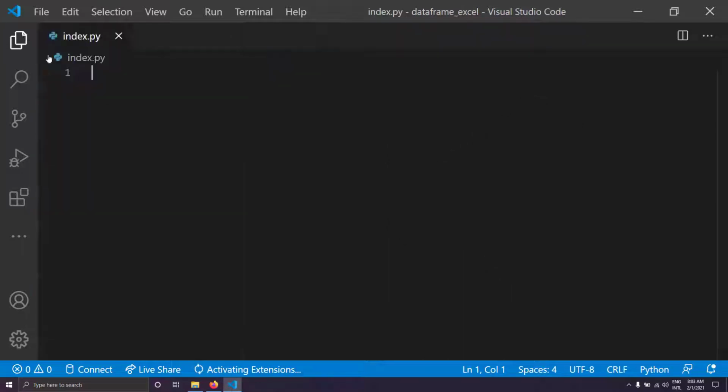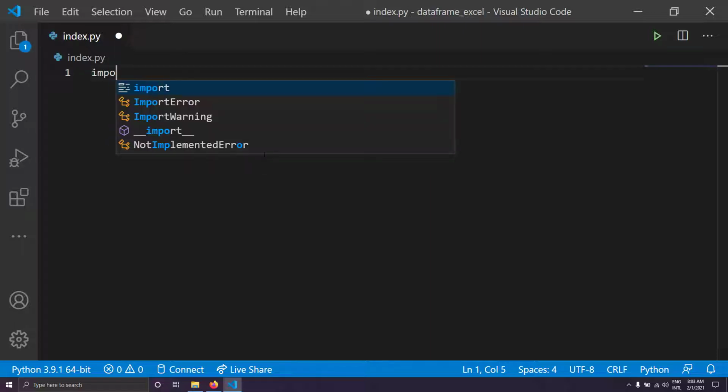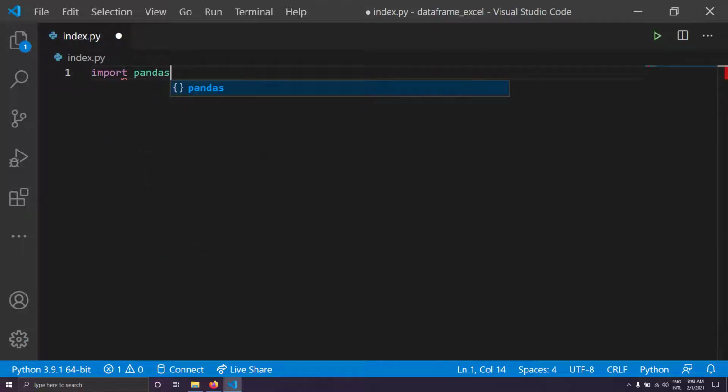Okay, now first thing, we have to install pandas. I've already made a video on how to install and use pandas data frame and an introduction to pandas data frame. You can refer to that if you don't know how to import pandas. But now I'm just going to go ahead and write import pandas as pd. So now my pandas library can be referred to with the pd variable.